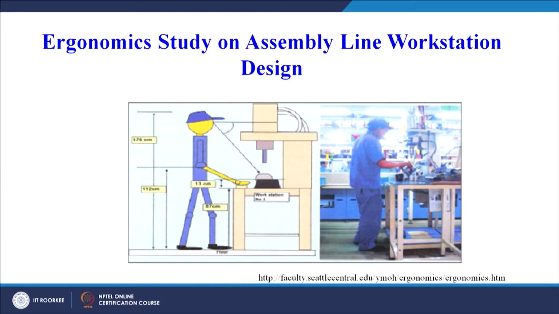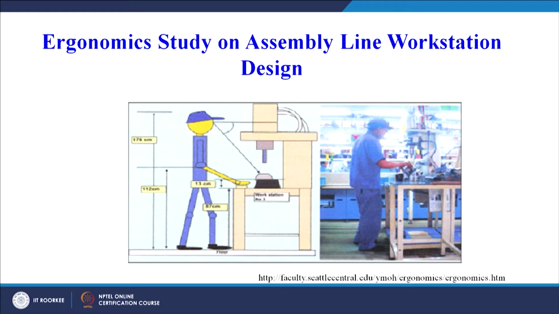And in that context we will see today how we can improve, or what are the factors that we can take into account when we try to improve the assembly line or the man machine interaction during the assembly line operation. So let us see now how the workers perform their task in the assembly line. This is a very common scenario in an assembly line. We can see a worker performing a task and there may be a conveyor belt on which the material is moving, and this is one schematic diagram which is being shown.